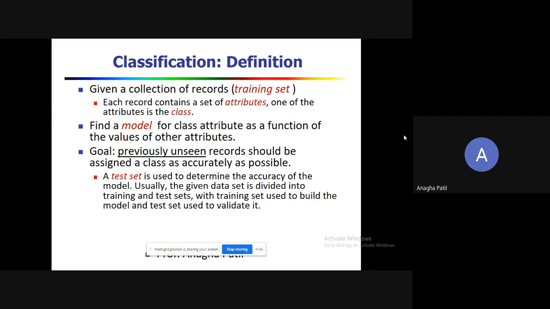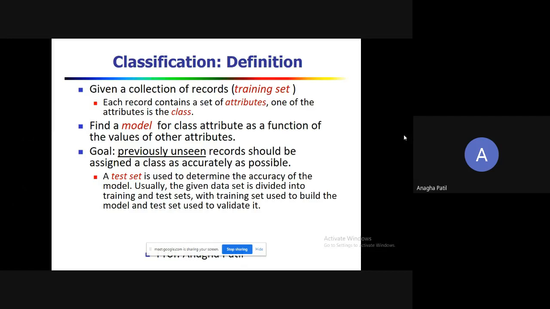Say, for example, you have been provided with a data set of students having name, ID, marks of the different subjects, and the last attribute is pointer. The task given is to classify a particular record into whether the pointer of a student is greater than 7.5 or less than 7.5. So here the attribute pointer, that column, would be referred to as the class, and since we'll have certain values, greater than 7.5 would be one class label and less than 7.5 would be another class label.